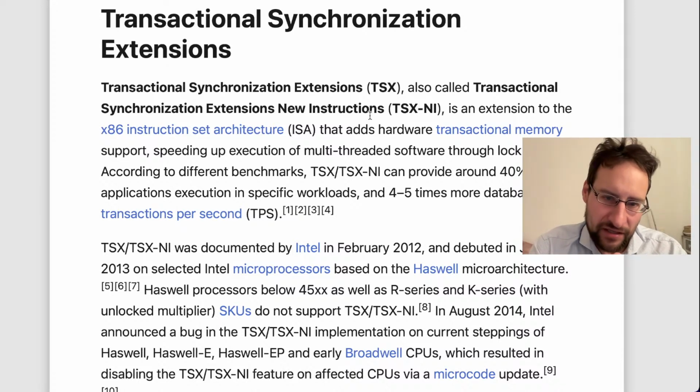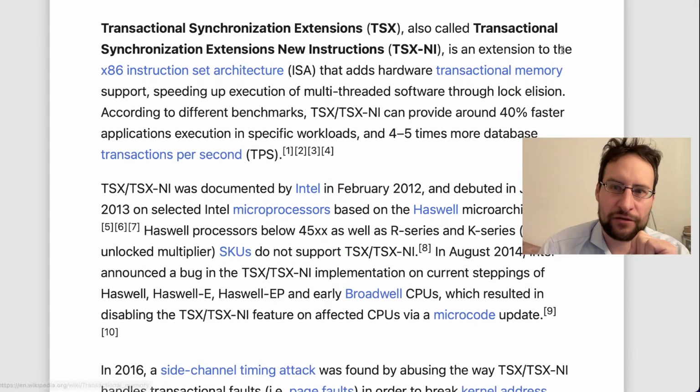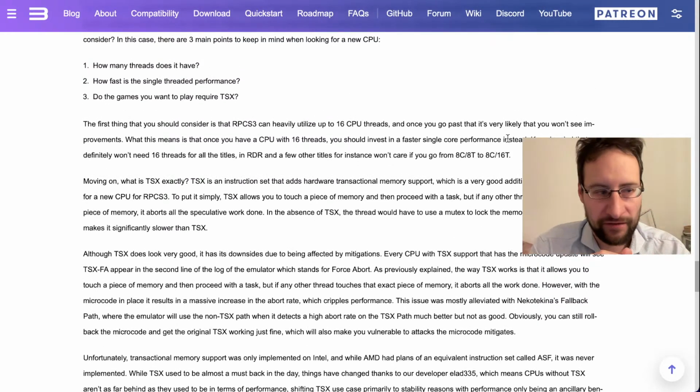For speeding up the execution of multi-threaded software through lock elision. According to different benchmarks, TSX provided, at times when the stars align right, about 40% faster application-specific workloads and 4 to 5 times more database transactions per second. And this stuff reads super dry, but lo and behold, the stuff is even used in your favorite PS3 emulator,